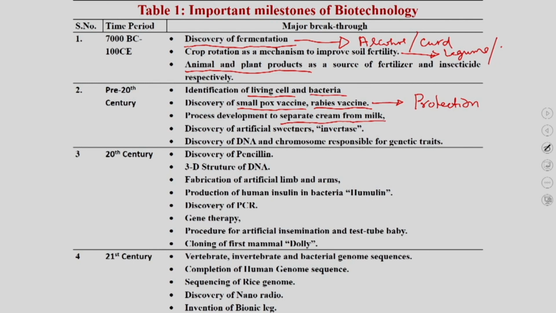This is actually an important discovery because by this time they had started developing cream from milk, and as a result they started making ghee as a biotechnology product, as well as other vegetable oils. Then they discovered the artificial sweetener invertase. By the end of the pre-20th century, they also understood that DNA is the genetic material, and